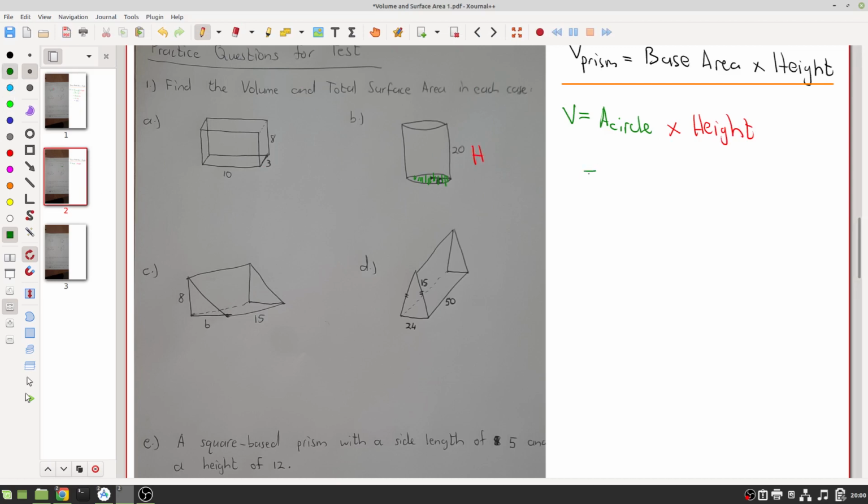So how do we find the area of a circle? Area of a circle is just pi times the radius of the circle squared, and then we're going to times that by the height, right? That's our formula. So this again is the area of the circle, so let me do that. That's the area of our base times by the height,